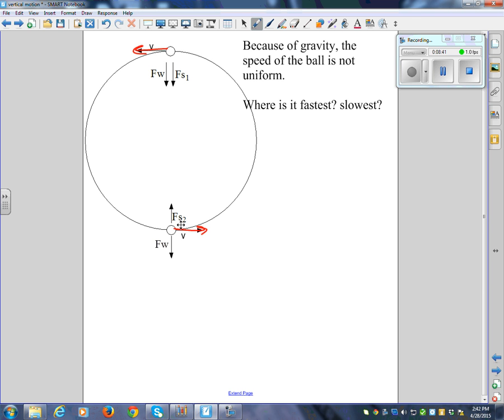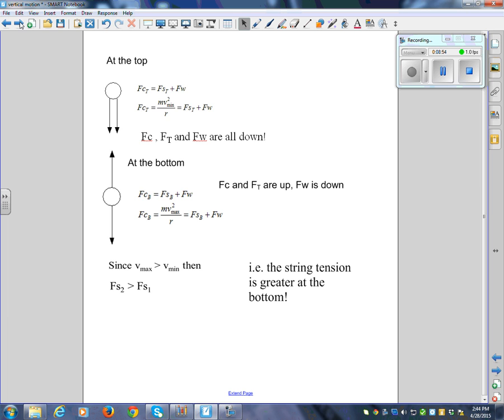Because of gravity, the speed of the ball is not uniform. Where is it fastest and where is it slowest? It's fastest at the bottom and slowest at the top. I'll give you a moment to get that down. Okay. At the top,